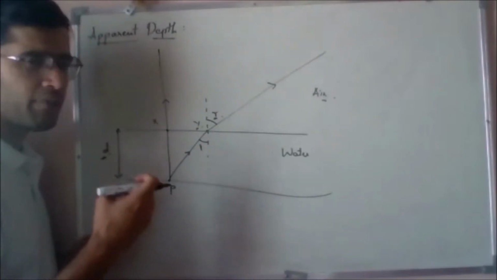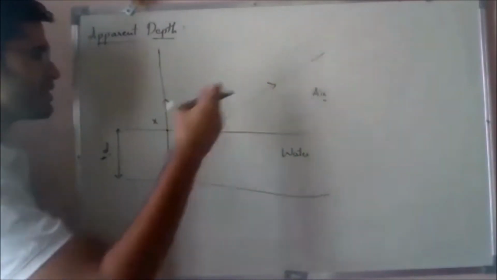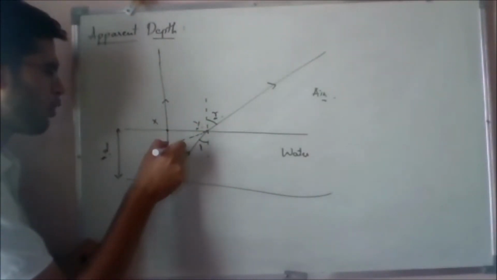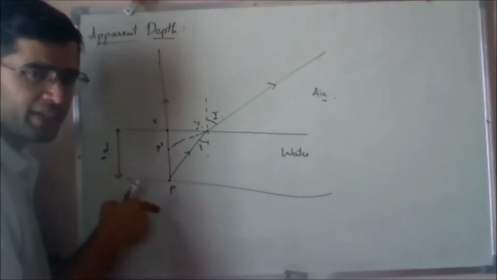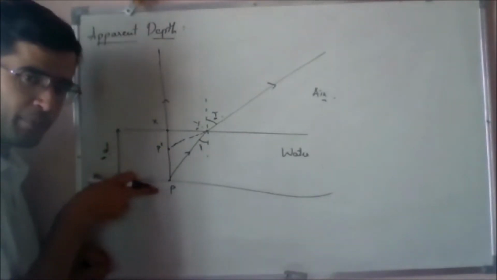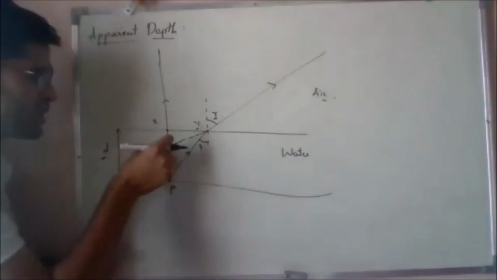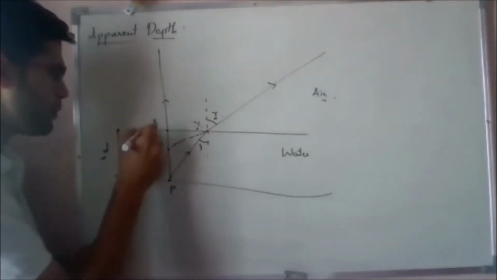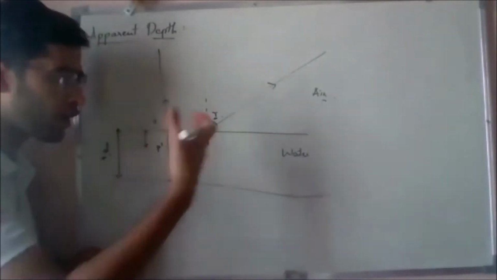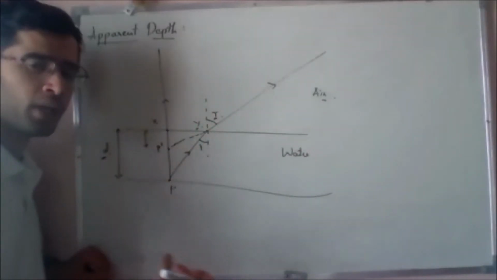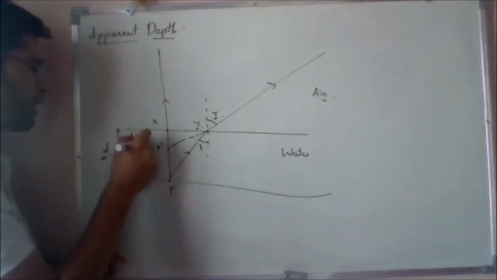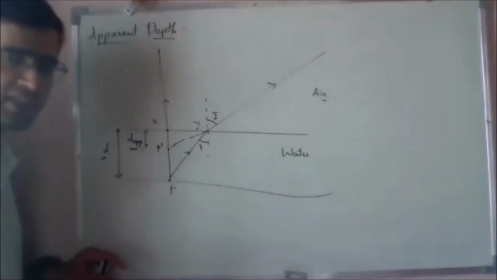Now, according to an observer who's looking at this, these two rays seem to be coming from a point P dash rather than P. So he would say that the bottom of the swimming pool is located over here rather than at this point, because according to this observer, these rays seem to be coming from P dash. So this will be your apparent depth. Your point P does not seem to be as deep as your real depth according to this observer. So let me represent that as d app, the apparent depth over here.